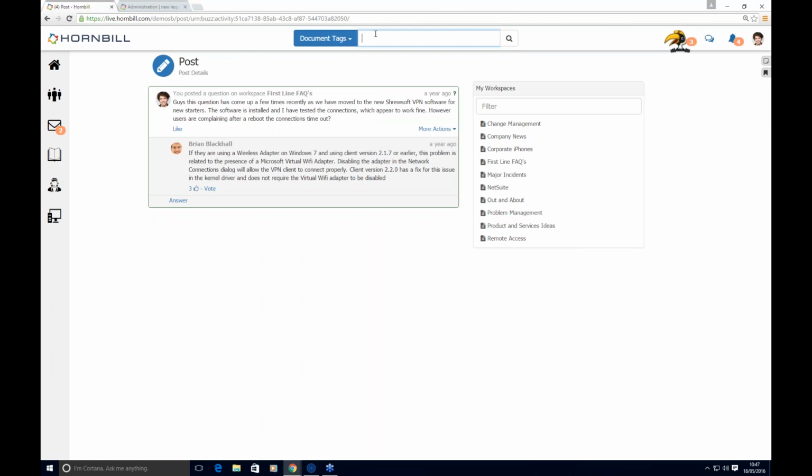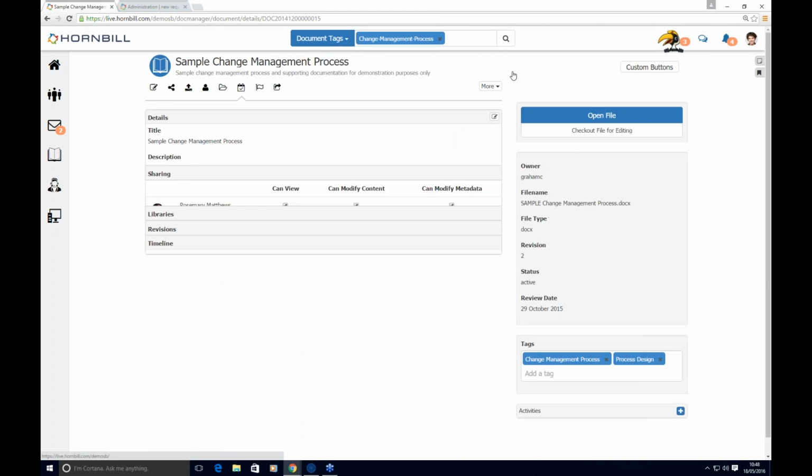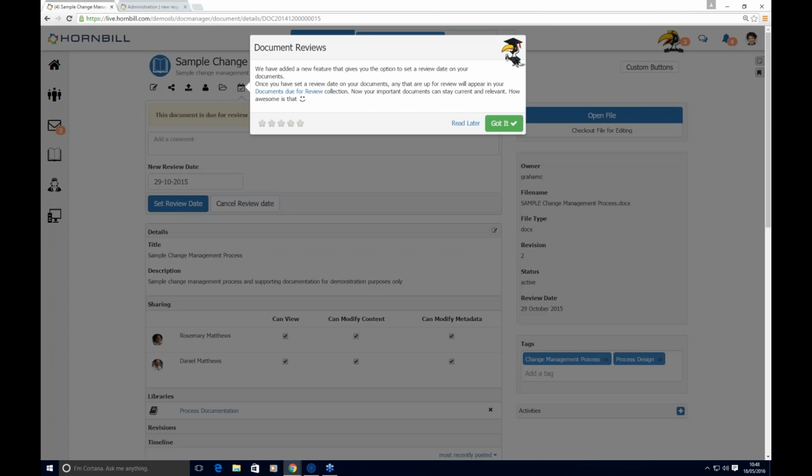Service Manager and the platform also comes with a document management app that caters for the more formalized documents, and here I'm just doing a document tag search for a change management process. Here we can see a result, we can drill into that document, and we can see a number of things. First and foremost, Harry's popped up to let me know about some new features. So Abdi talked about